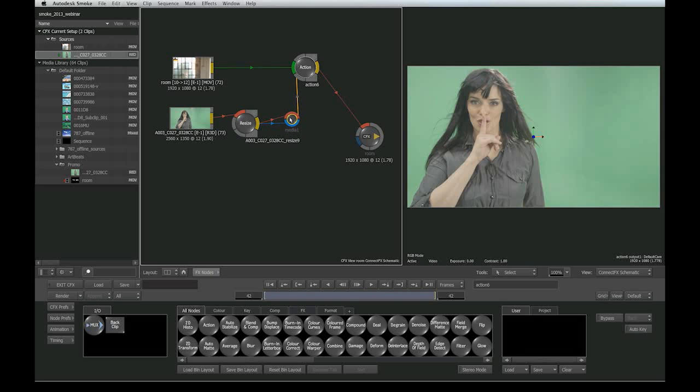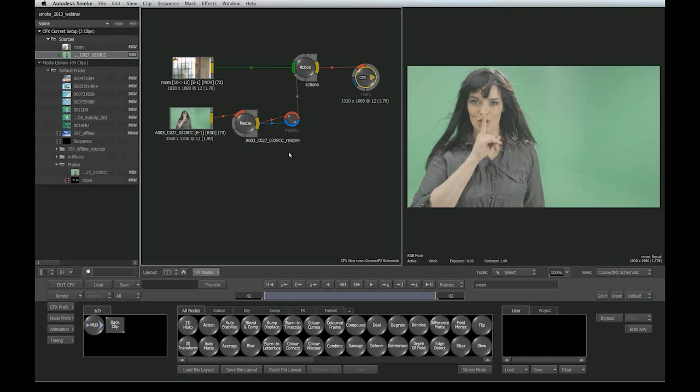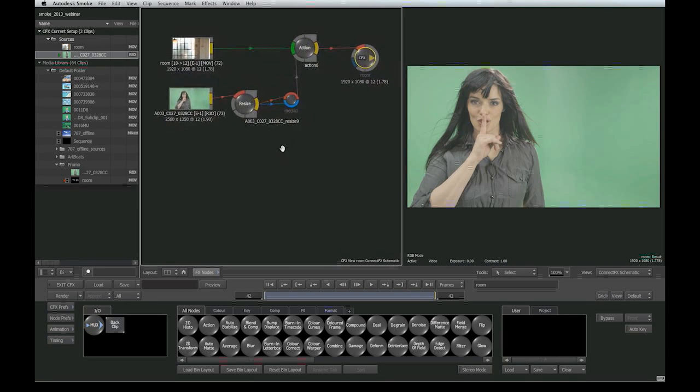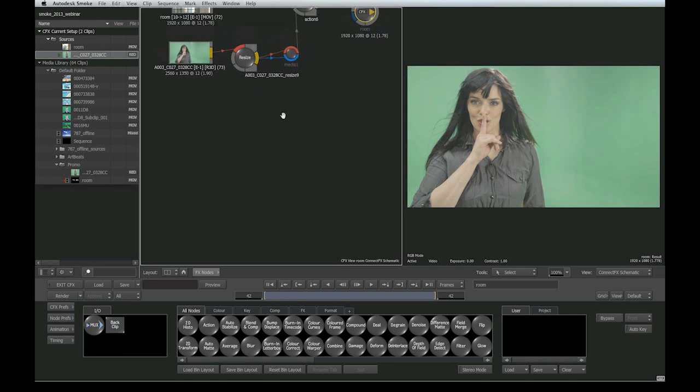And an action node, and we'll cover that in a few minutes, is really a super node unto itself. It is our 3D compositing environment. It has lighting functions. It can handle 3D data. It can handle 3D geometry. It's really a workhorse and a super node. It has so many functions built into it, and we'll touch on that soon. But first, let's just cover some of the standard bread and butter nodes that you might use in